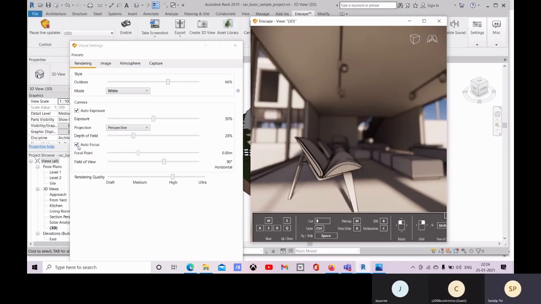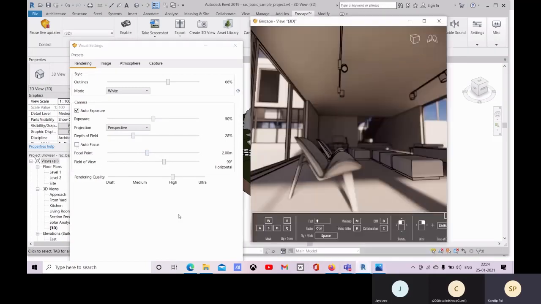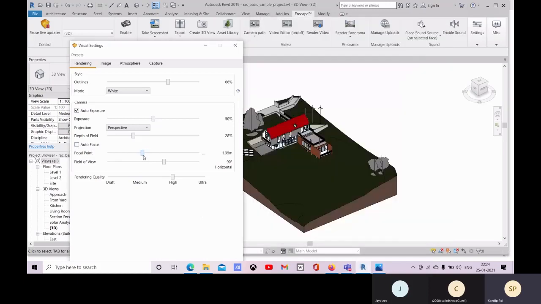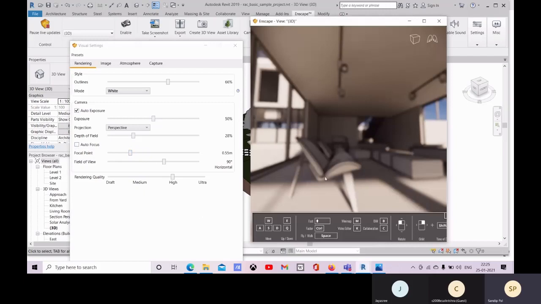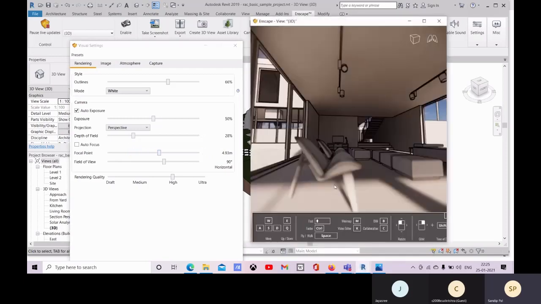So if you need to change the focal point, then you uncheck it rather than automatically focusing. So you can change the focus. Like if you increase it, the blurriness will be the opposite.